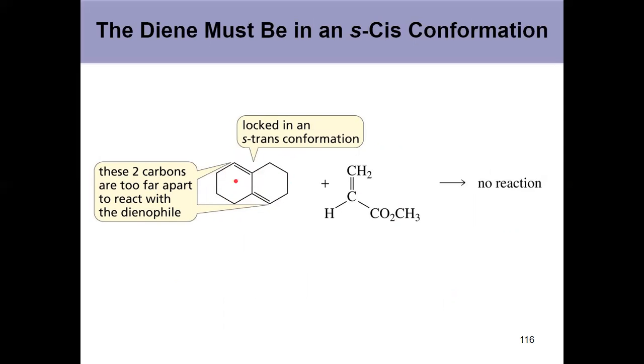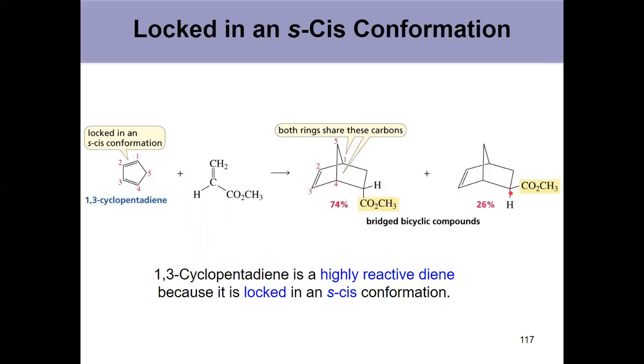Right? There's no way for this to form s-cis because of the rings. So even if I take this diene and put it together with a dienophile, no reaction happens. But you see Diels-Alder reactions run with cyclopentadiene all the time because it's locked in the s-cis conformation. So it's super easy to run. Take that diene, put it together with a dienophile, it does a Diels-Alder reaction, and it forms what's known as